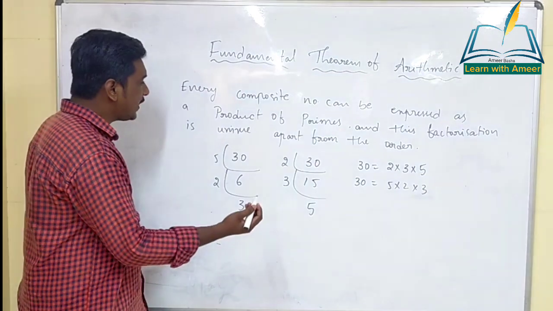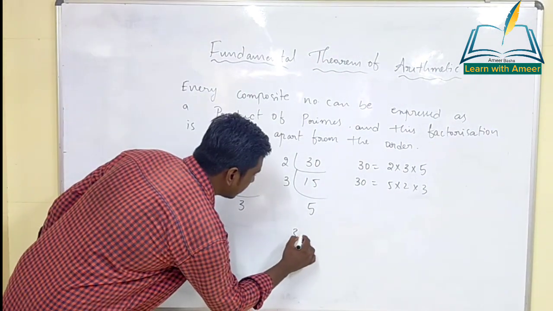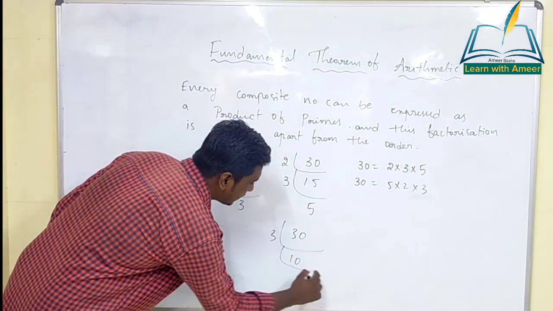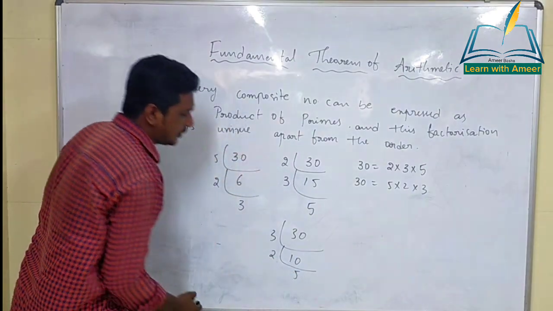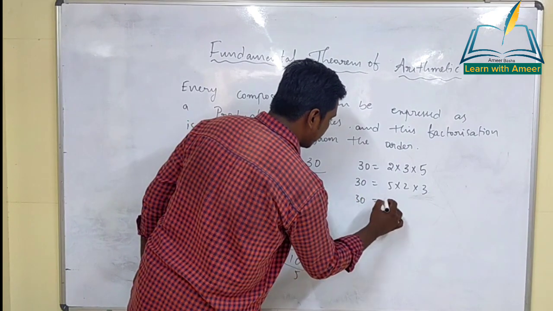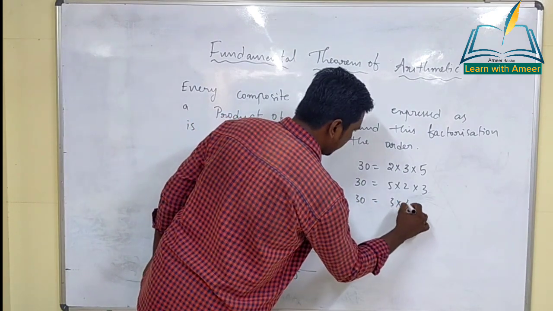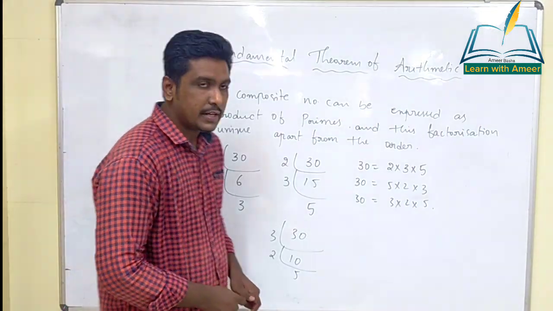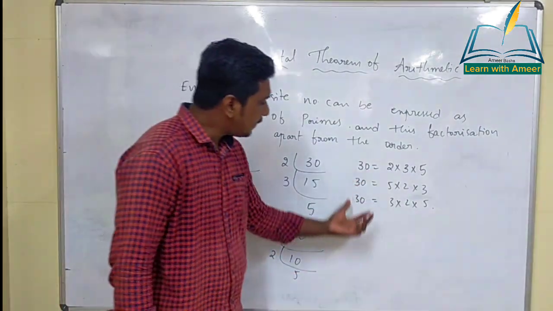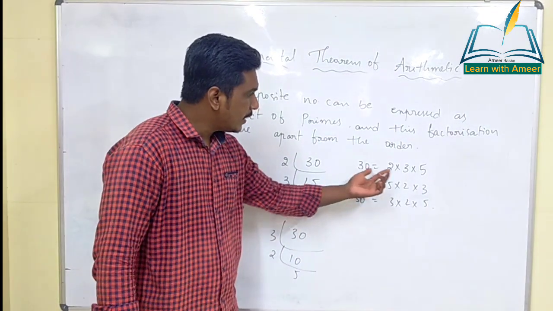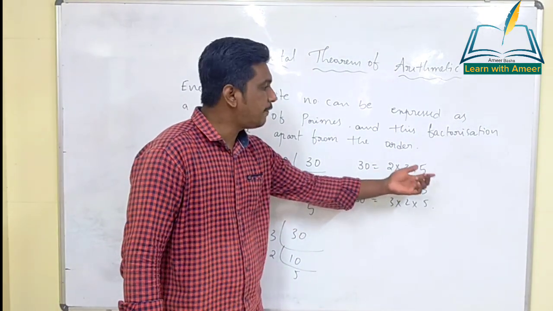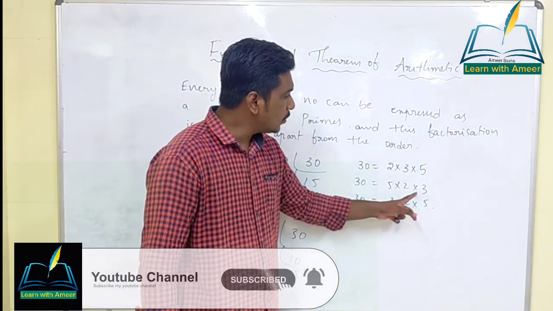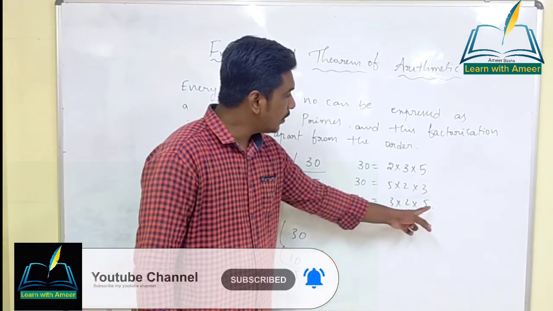Or one more thing we can do, children. Now imagine 30, and we can start with the 3 table. 3 tens are 30, then 2 table, 5 times. Now how can we write this? 30 is equal to 3 into 2 into 5. Okay, children, so if we observe here, we wrote this 30 as factors of prime numbers: 2, 3, 5; here 5, 2, 3; and here 3, 2, 5 again.